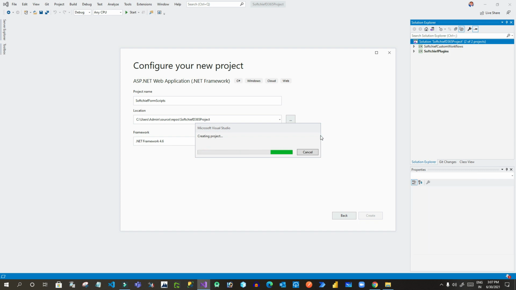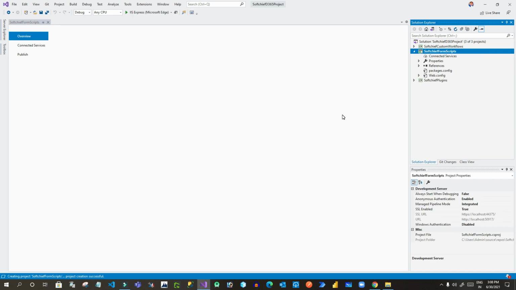And also I want to create a console application project, because sometimes I need to develop console applications. So I have to create another project whose type is not library or website. It will be a console application. So I will create a new project into the solution whose name is Subchief console apps. We will just wait for some seconds to create this app. Now it's created, you can see.